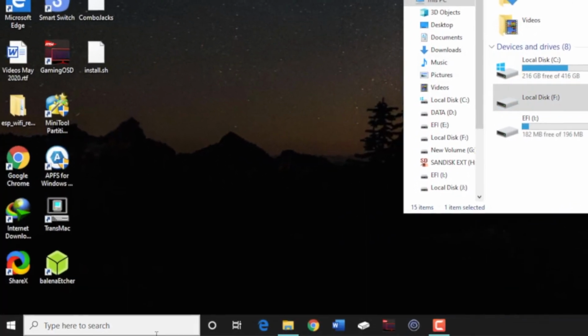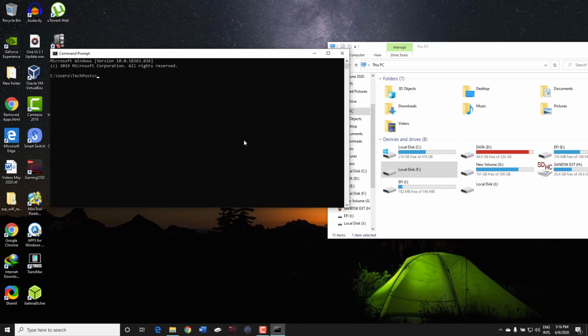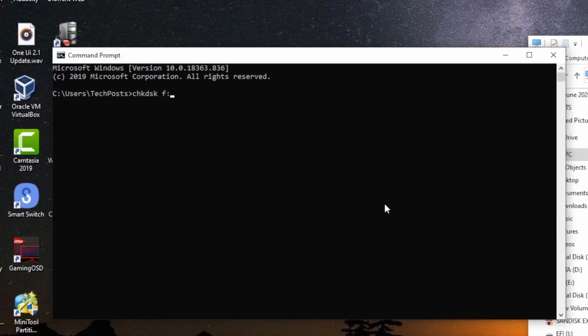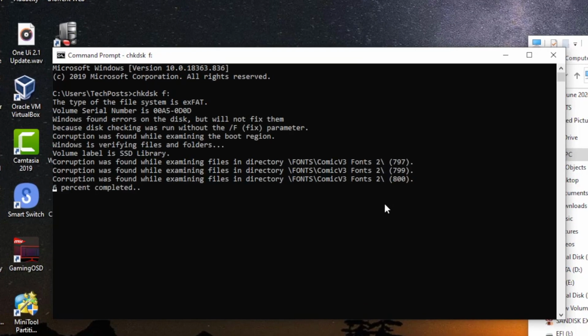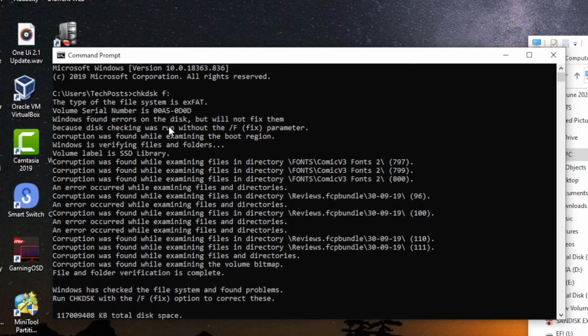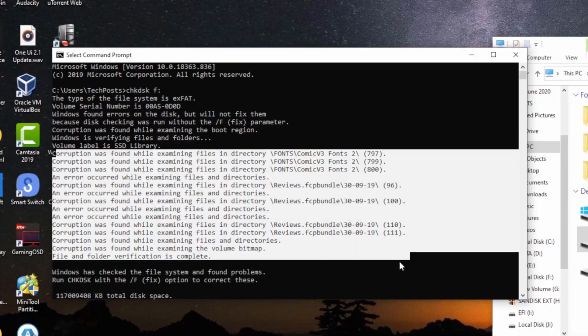So I ran the Checkdisk scan with no parameters and it gave me a result that a few files on the SSD are corrupt. These files were mainly the files that I was trying to transfer to my hard drive, and after I ran the Checkdisk scan I saw that there are these files which are corrupt, and that's the reason why my file system, which is exFAT on this SSD, has got corrupted. And that's the reason why Windows File Explorer was asking to format the drive.